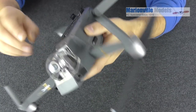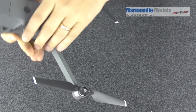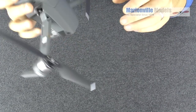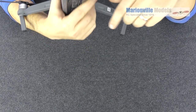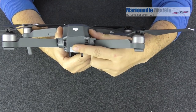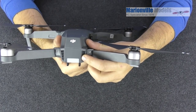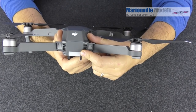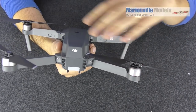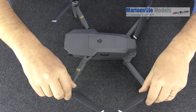And then of course we've got LEDs on the front. Sorry, they're not status LEDs, I meant to say that. They're just like navigation lights. They don't change colour. But on the back we do have a status light. So for example, low batteries and all that. Well, you're going to be warned in your controller anyway, but old school guys probably still like to see things like lights changing colour. So that's a basic run through of the actual drone,